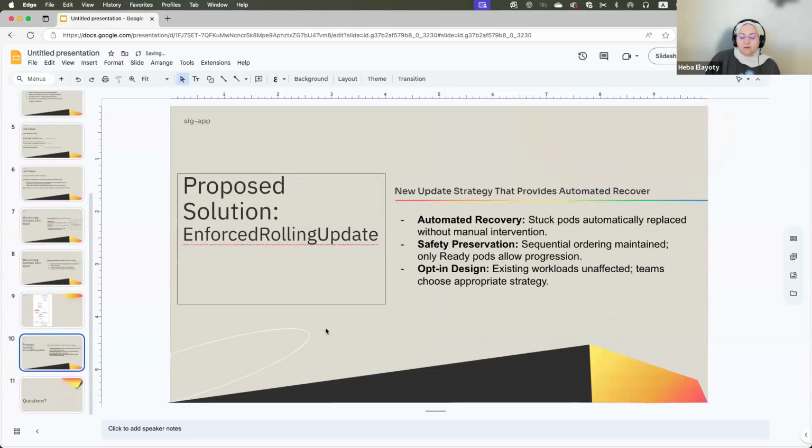Oops, sorry. Yeah, so basically, the proposed solution is introducing a new update strategy called enforce rolling. People can just add this enforce rolling update, which is, hey, I'm updating the stateful set.